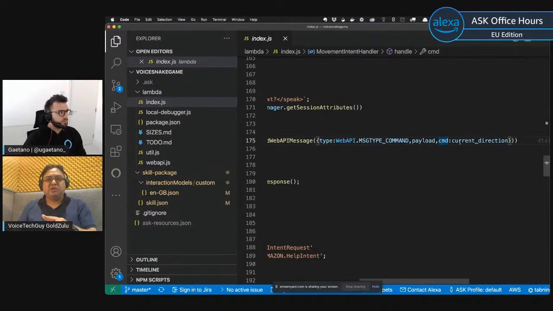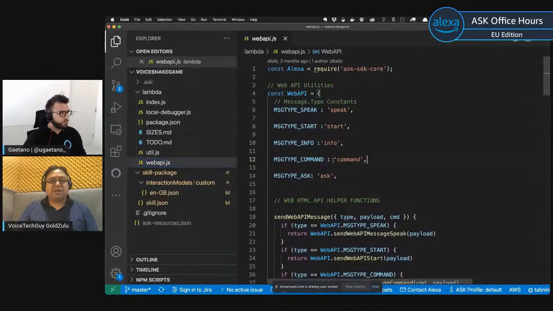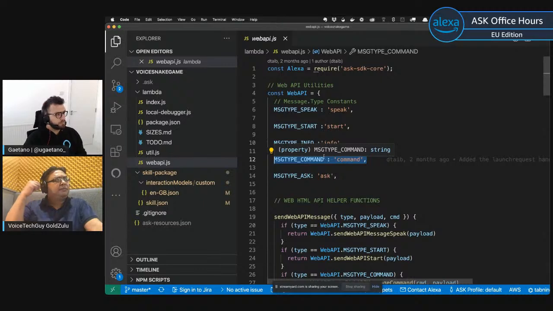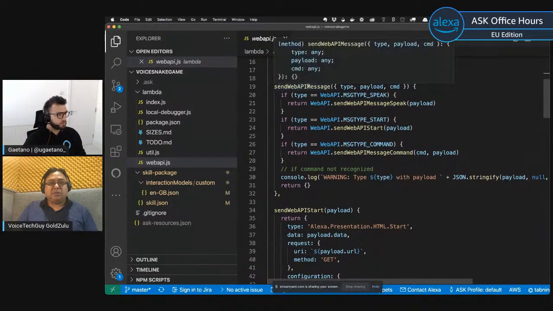You can use whatever structure you want to pass through here, but this part is so that conveniently inside here I can check that it's actually a type, because you can do several things. You can tell the web API, hey, this is a command, I want you to do something. Or you can say something like start, to restart everything. Or I want you to speak something, or this is just for information, you do not have to speak it, just do something without speaking out or me saying anything. So that part there was the web API